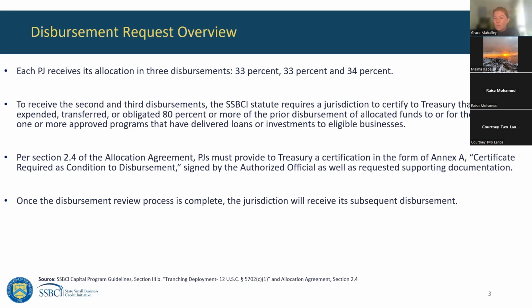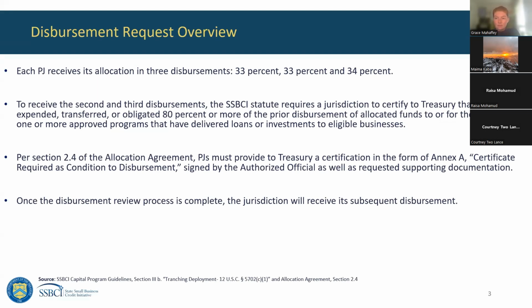Jurisdictions must certify to Treasury that they have expended, obligated, or transferred, commonly referred to as EOT, 80% or more of their prior disbursement of allocated funds to or for the account of one or more approved programs that have delivered loans or investments to eligible businesses to receive their second tranche. And to receive their third tranche, the jurisdiction must have EOT'd 100% of the first tranche and 80% or more of their second tranche. In addition, per Section 2.4 of the allocation agreement, PJs must provide to Treasury a certification